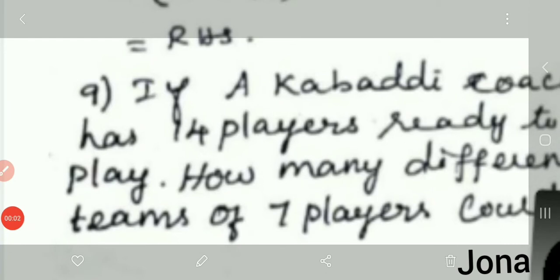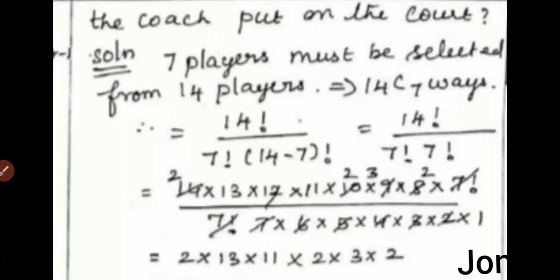Ninth sum. If a kabaddi coach has 14 players ready to coach the play, how many different teams of 7 players can the coach put on the court? Okay, the 7 players must be selected from 14 players. Already we have 14 players totally. We want to select 7 players. Okay, so I can have this as that 7 players must be selected from 14 players is nothing but